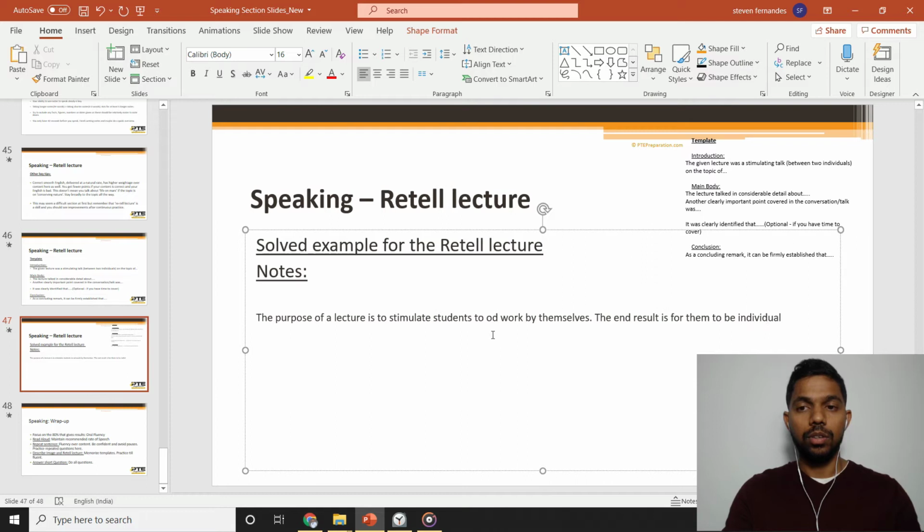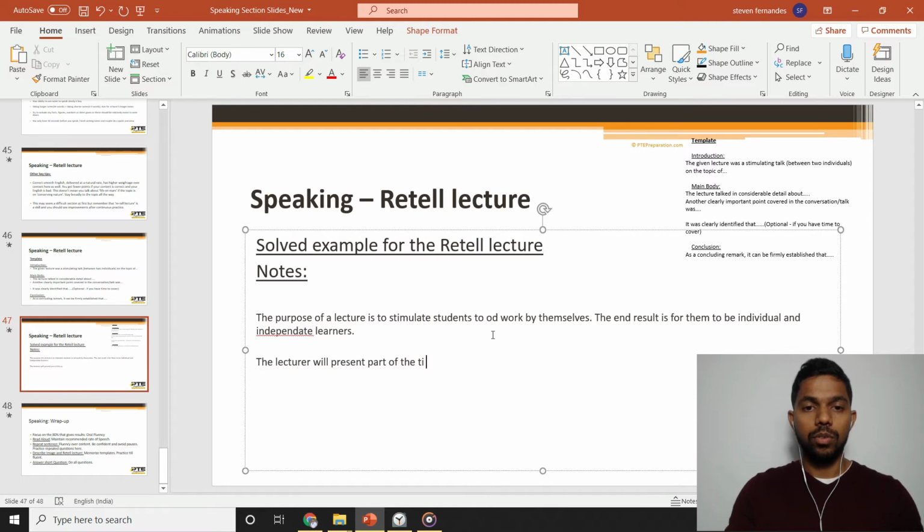So a lecture will aim to present perhaps just part of a topic and stimulate the student to want to find out more. And there may be a very good reason to do that if perhaps they've got to do a written assignment on that topic. So that's another reason for paying attention. But paying attention can only happen if you know what to pay attention to. One can't pay attention to everything all at the